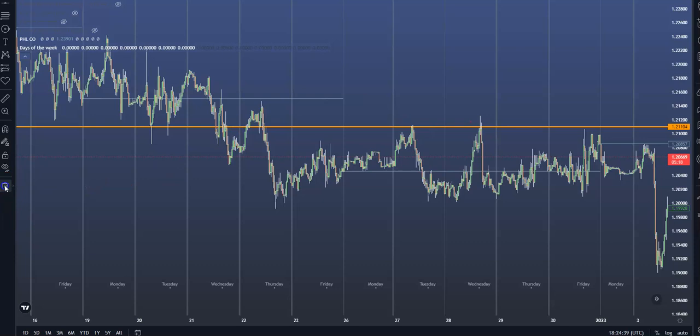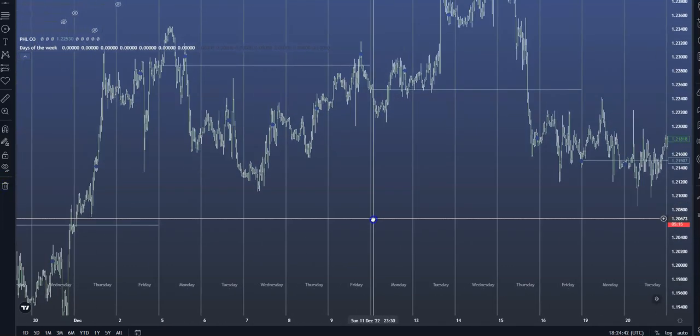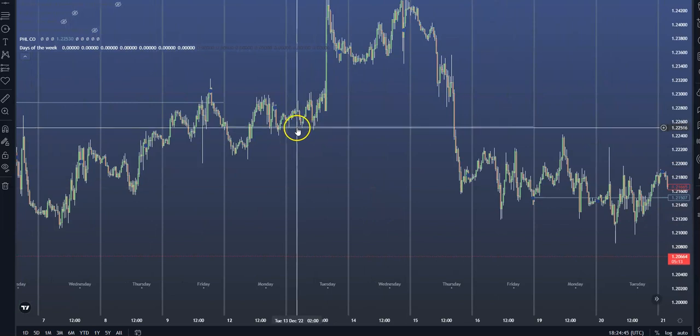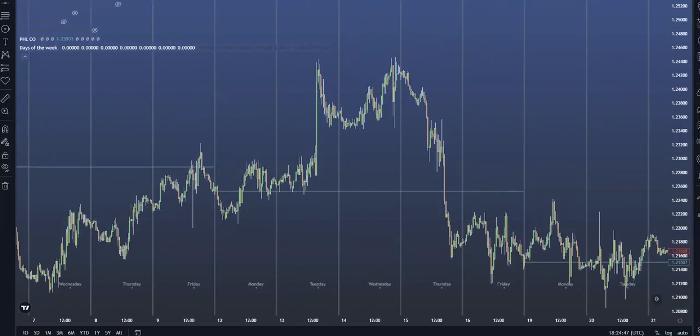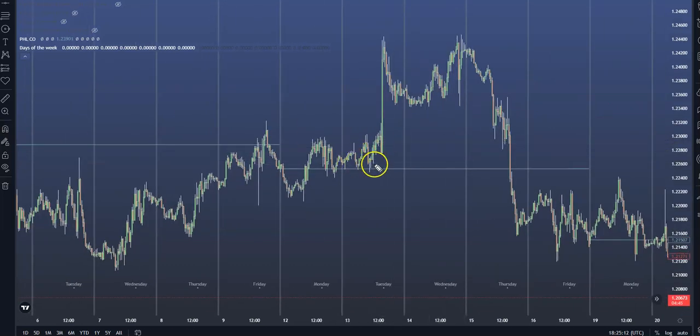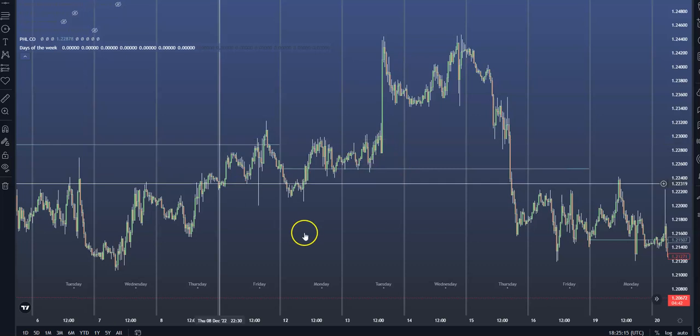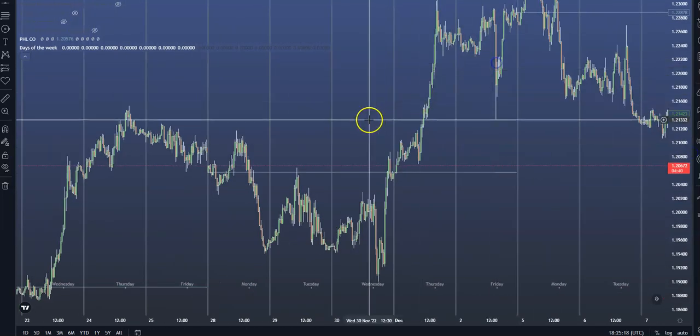So let me just go through some other examples here, okay? So we can see here on the Tuesday, it opens up and we hit the opening price. So just so everyone understands, these statistics are around the first touch of the opening price. So if we have Monday, and we drag that opening price, it can happen on Tuesday, it can happen on Wednesday, Thursday, Friday, but all we care about is the first touch, because we want to look at it almost like a magnet, dragging this market back to the opening price as a target, or even sometimes a potential area of support and resistance, as you can see here. But you can do further tests on that. That's not what this test is about.